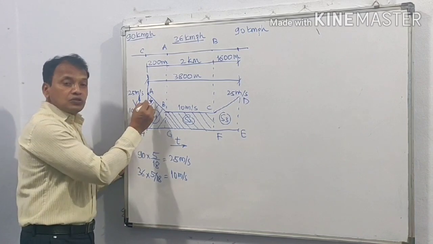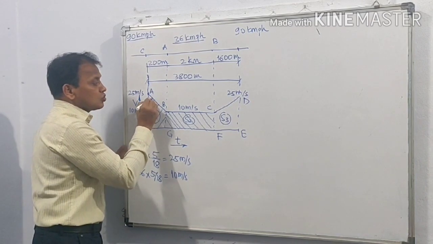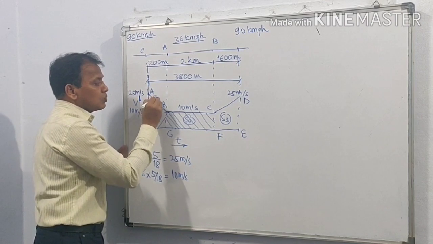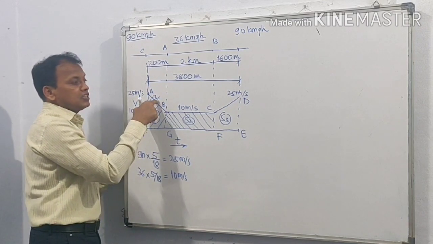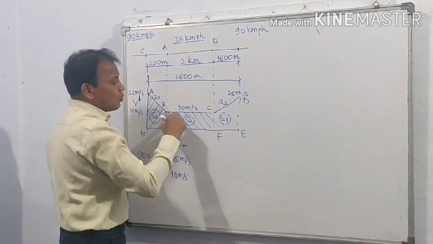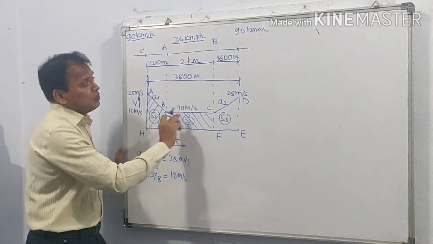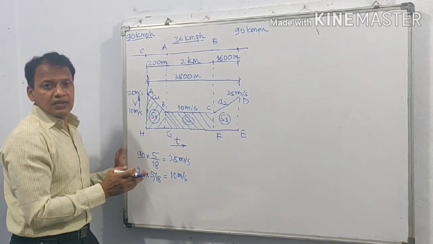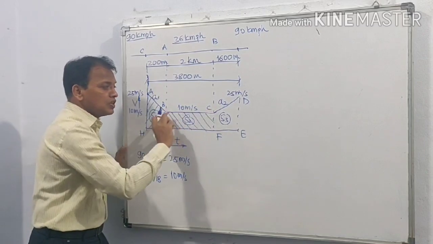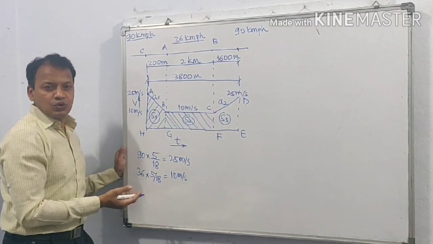And in case of velocity time diagram, acceleration, slope of the line is equal to acceleration. Therefore, let this be A1, this be A2. Why here we have not given A1, A2 or A3? When velocity is uniform, acceleration is equal to 0. Therefore, here there is no acceleration. Means slope of this line is equal to 0.